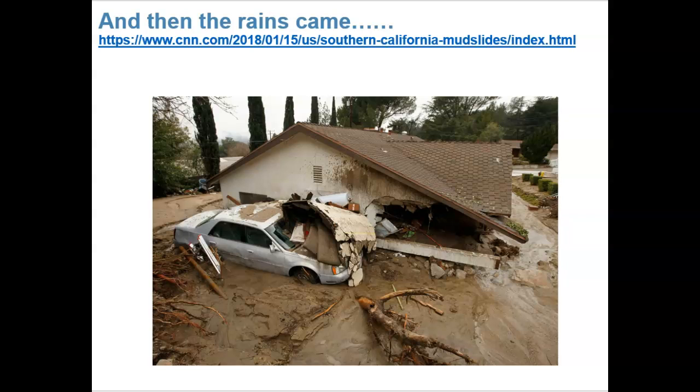It completely came across and blocked one of the major highways in California. This would be the same as if I-75 that runs down to Cincinnati had been completely buried in mud and debris and rock. It takes a very long time to clear that stuff away. And so that's what happened.